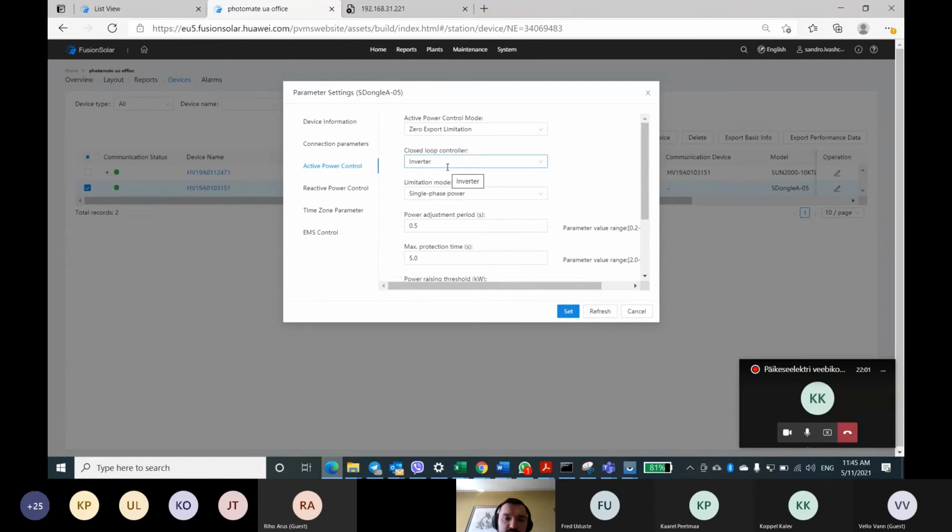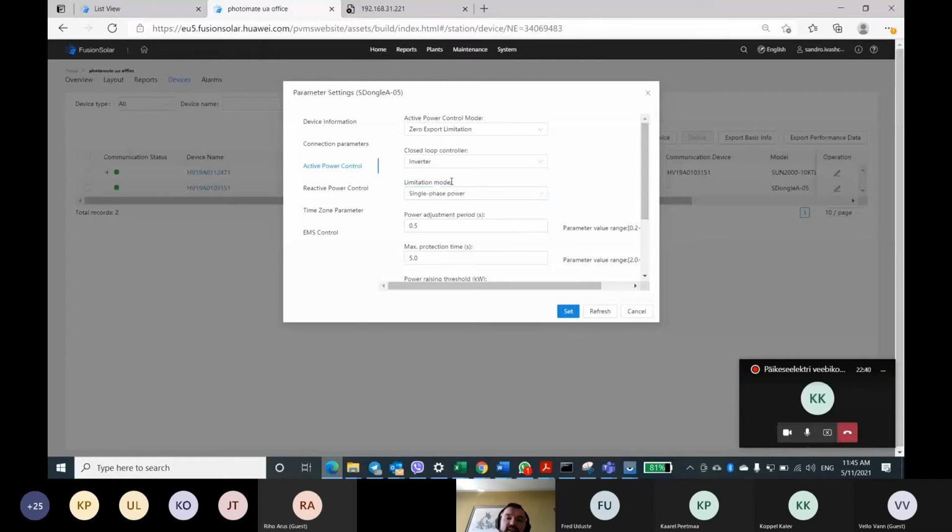So if inverter will produce 19 kilowatt, it will do it symmetrically. So it will produce approximately 6.3 kilowatt at each phase, and you will get the following picture. In one phase you will produce the energy like 1.3, another 2.3 to the grid, but through the last phase you will consume almost 4 kilowatt. So if it's okay for you, if it's okay for your grid operator, then leave it like this.